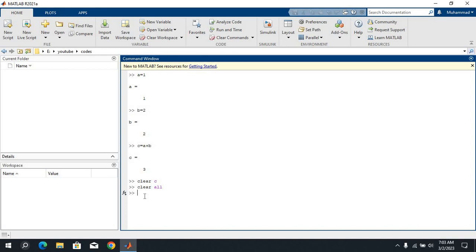In the same way, if you want to clear your command window, you can use clc. CL stands for clear, C for command, the clear command. By pressing enter, my command window is cleared. Now if you want,